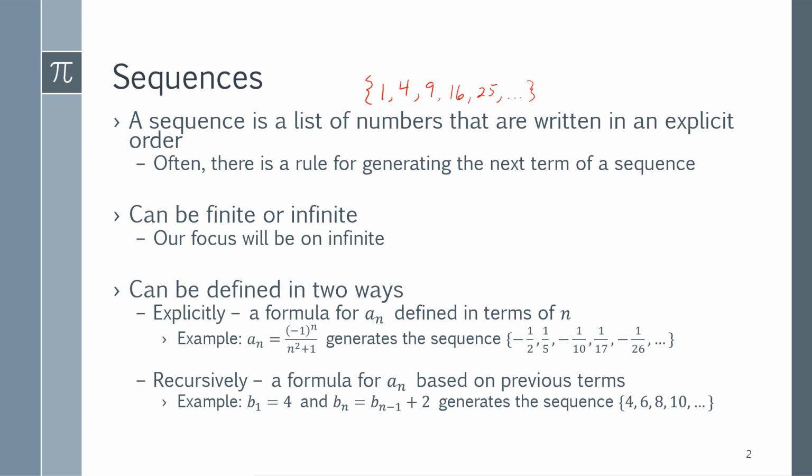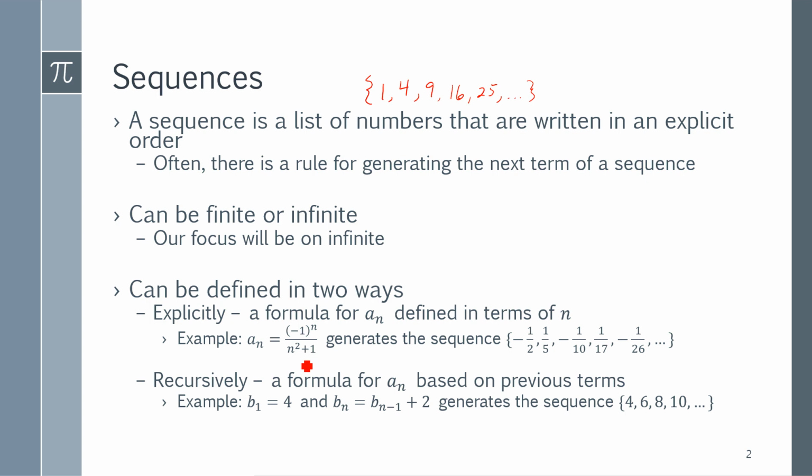And we're going to be mainly working with infinite sequences, but it could be finite. But for the purposes of what we're doing, we're going to work with infinite because this is calculus. We study infinity. There are two ways we can define a sequence. Explicitly means we're being given an equation that tells me the nth term. So this we say a sub n, or this is the nth term of our sequence, and it's written in terms of n. So a sub n is equal to -1 to the n over n squared plus 1